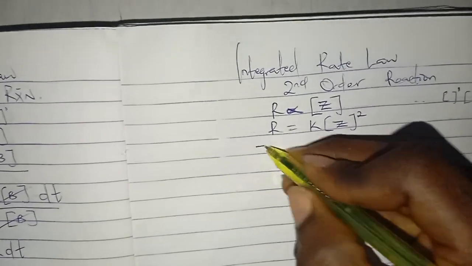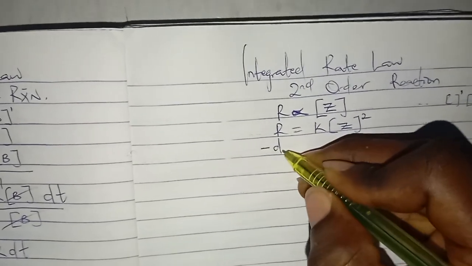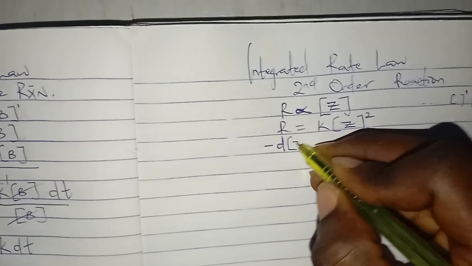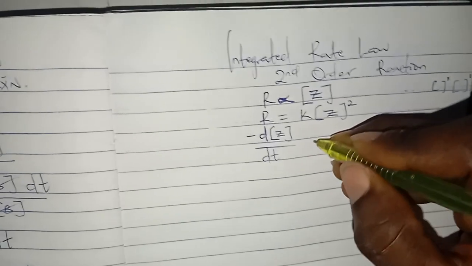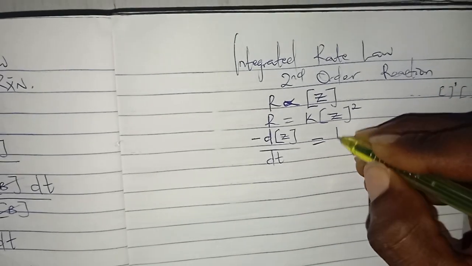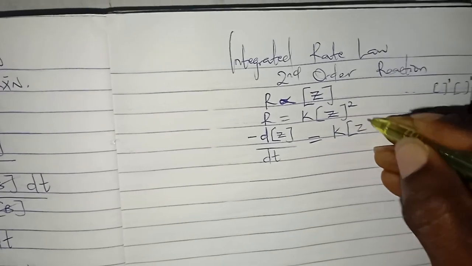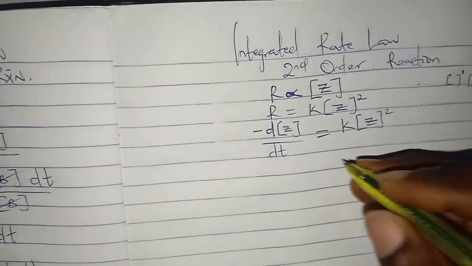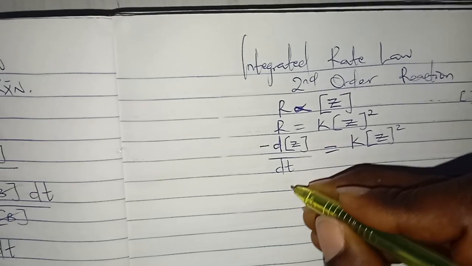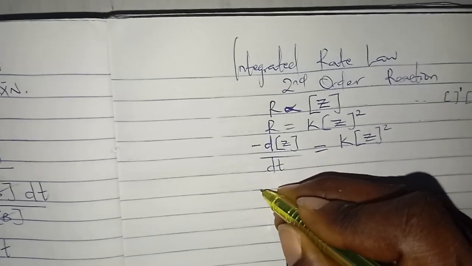Remember, this is the rate of disappearance of concentration Z with respect to time, which equals KZ square. So we need to move everything with Z to the left hand side, trying to make it a formula, so that I have